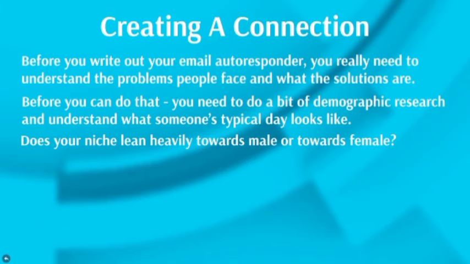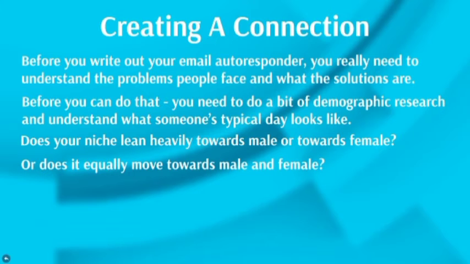So my question to you is, does your prospect within your niche lean heavily towards male or towards female? Or does it equally move towards both? For it to lean just towards female, let's say, for example, the niche is 90% female, or even 95%, or even 75%. But even at 75%, you're kind of moving towards 50%, where it's both male and female. If it's heavily towards males or females, 80% or above, or 90% or above, then